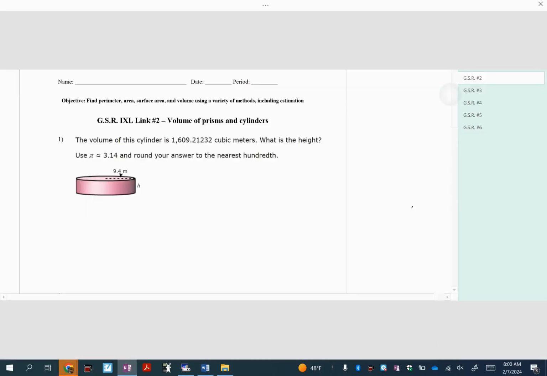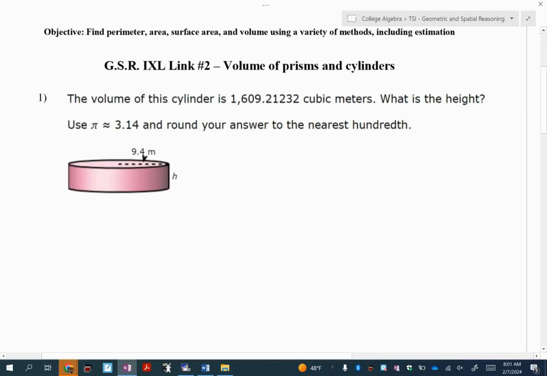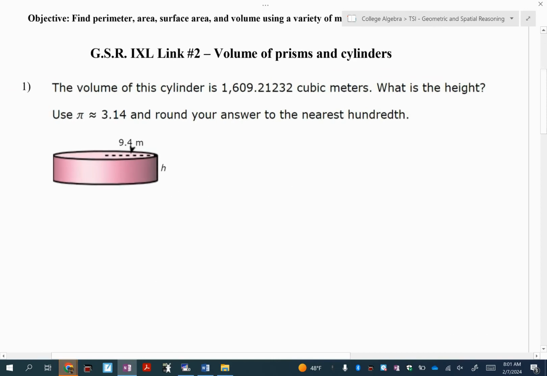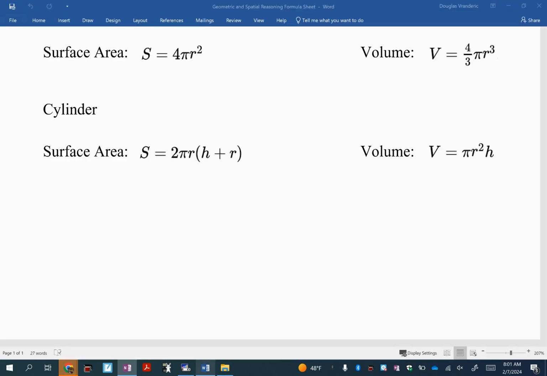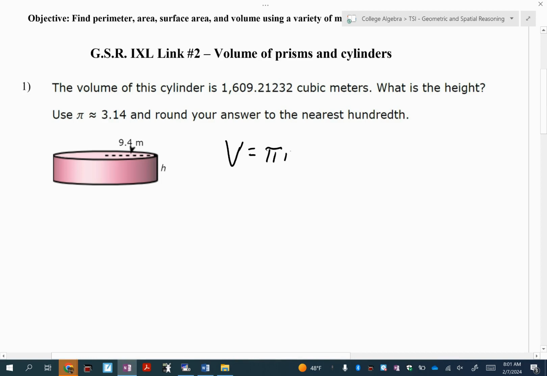So this is going to feel somewhat similar, but obviously different, because in the previous one we did the surface area. Now we're doing the volume. So let's write down the formula for the volume of our cylinder, which you can see here is pi r squared h. So Michael, kind of like you had with the surface area, when you start this link,